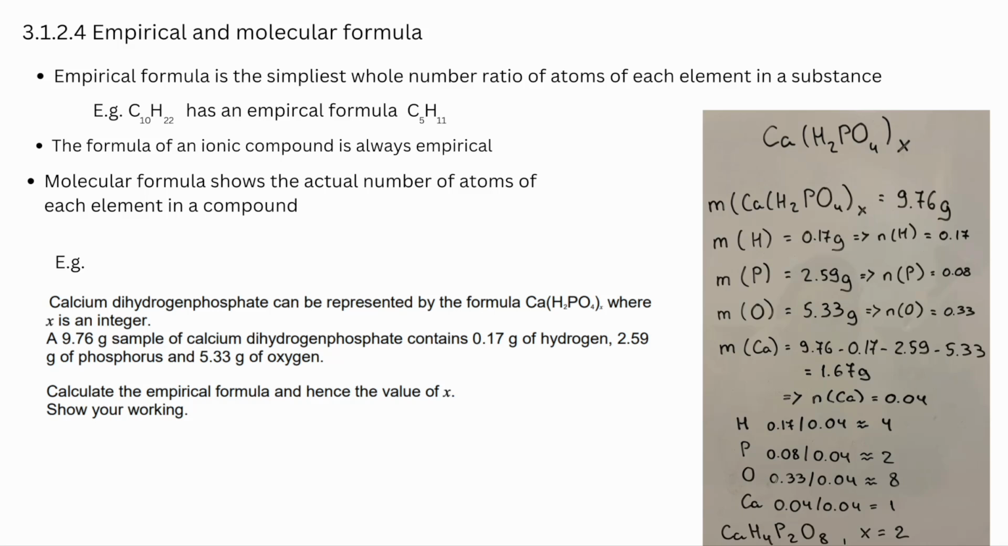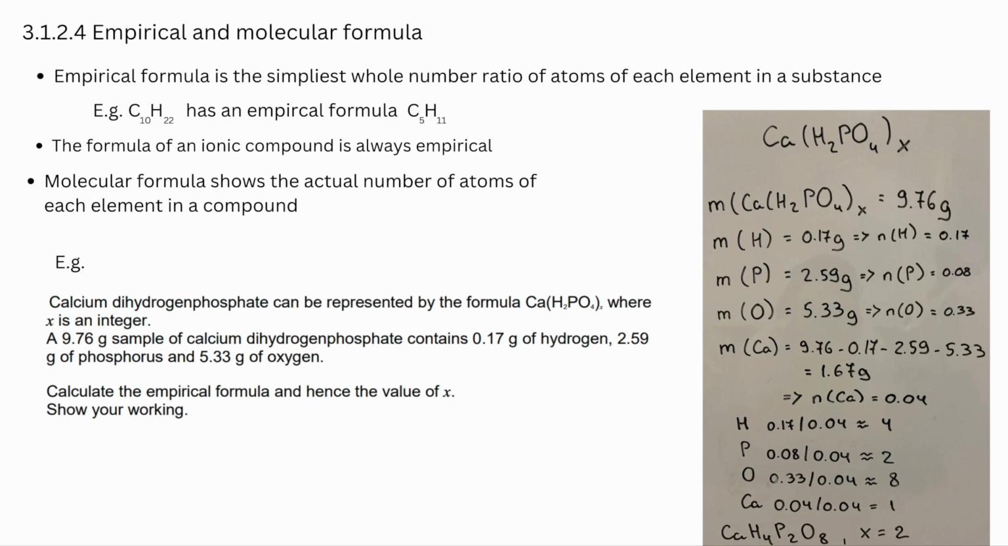To find the moles of each element, divide the mass of the element by their relative atomic mass. This is what I did here. And then, I found the ratios of moles of each element by dividing the number of moles of each element by the number of moles of calcium, which turned out to have the least number of moles. At the end, I got the empirical formula